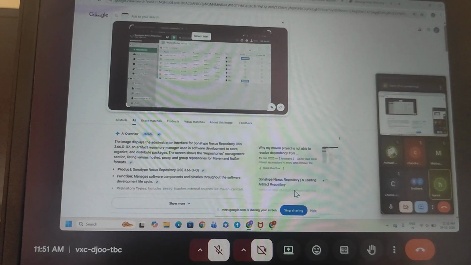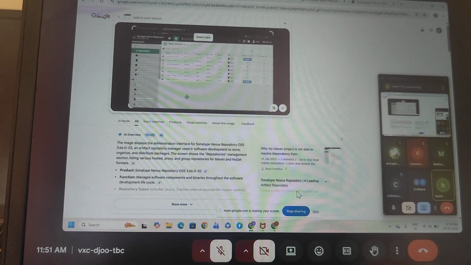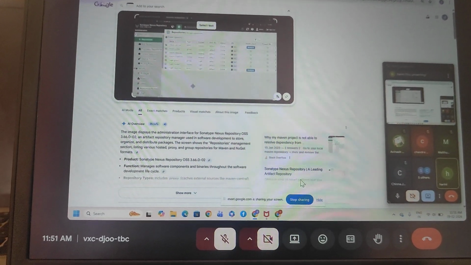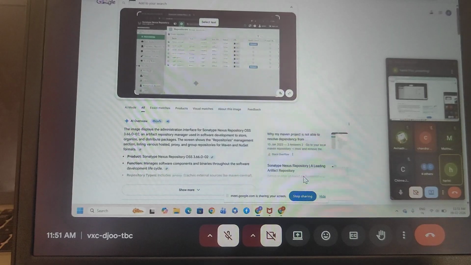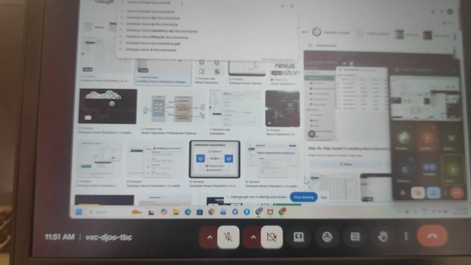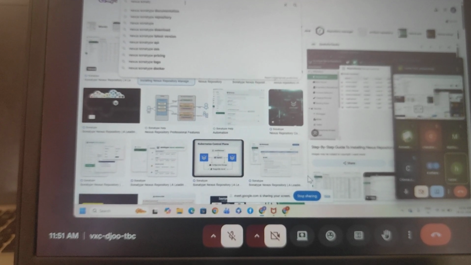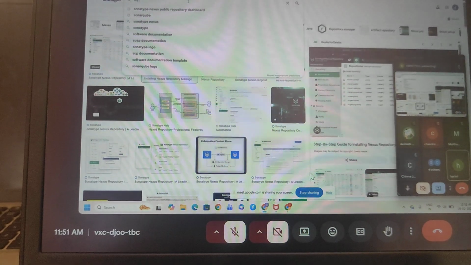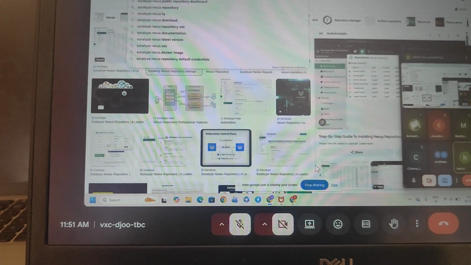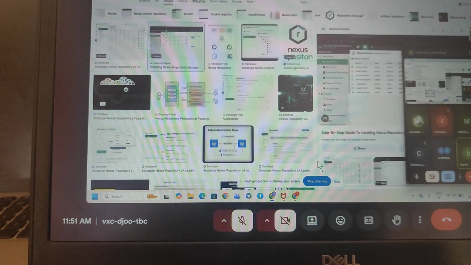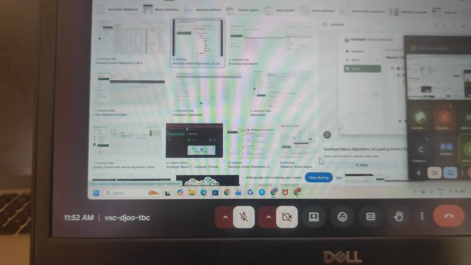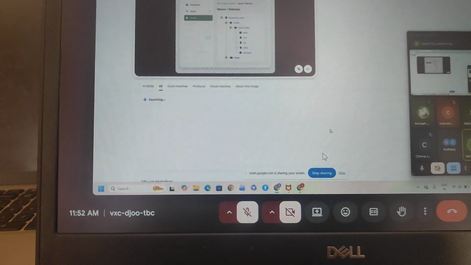This repository helps to locate the artifacts. There are several types of repositories supported by Nexus: hosted, proxy, and virtual repositories. Once we deploy the code in the repository dashboard, see, this kind of